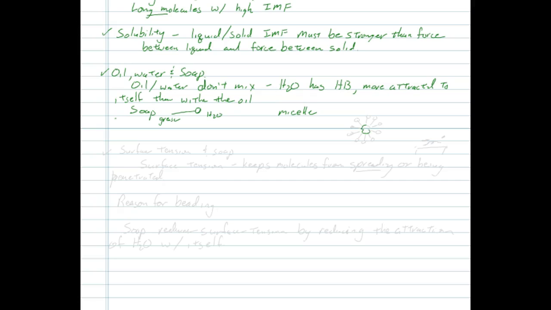So you have some oil or grease here, and you add soap. If you have water, water's ignoring it, it's going about its own way. But if you add soap, then it surrounds the oil like this. The nonpolar end is attracted to the nonpolar oil, and the polar end is attracted to the water. It forms a little protective circle about it, which the water can then take away and flush down the drain. So this is how soap works.